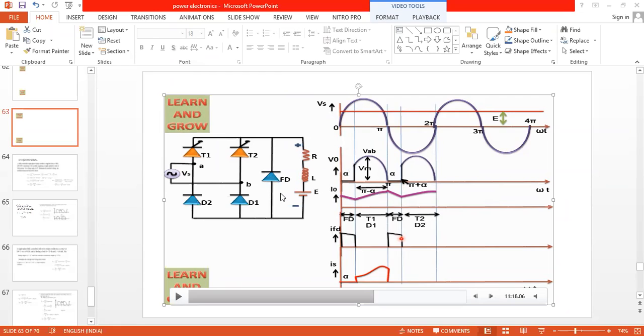In short, the freewheeling diode improves the output voltage, and when it is placed, it will never transfer the energy back from load to the source. That is, energy released by the inductor will not be transferred back to the source. It will be transferred to the motor after freewheeling through this particular loop.